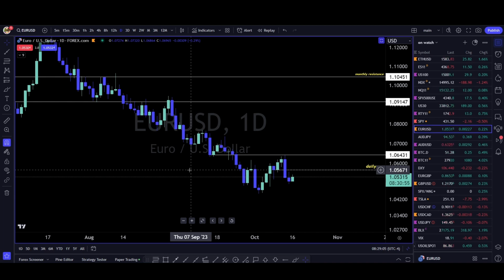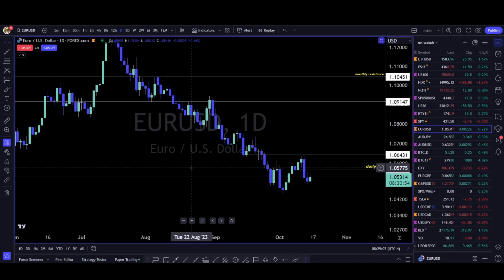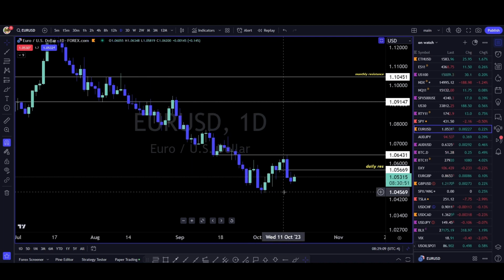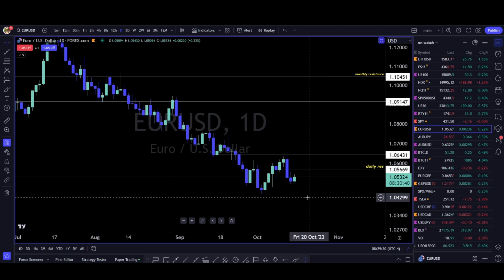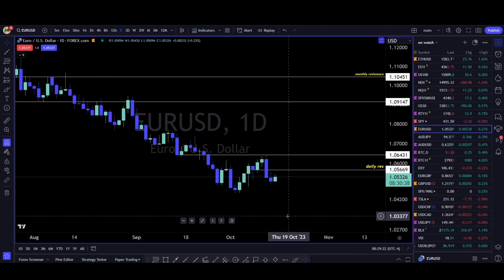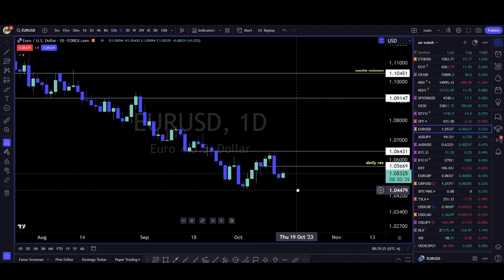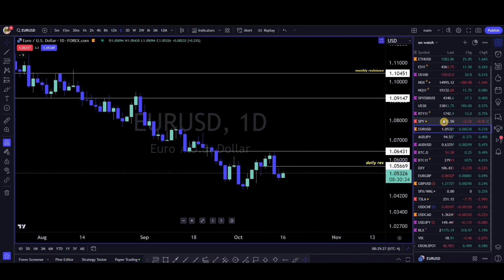We're going to look at a few things real quick. We have the dollar pulling back, which means the euro is getting a slight bounce. We do have an old daily support level setting at 105.669. So I'd be watching that level for potential shorts if this is going to continue lower. Start closing 4-hour candles above that, I would leave it alone, as today might be an up day, right?